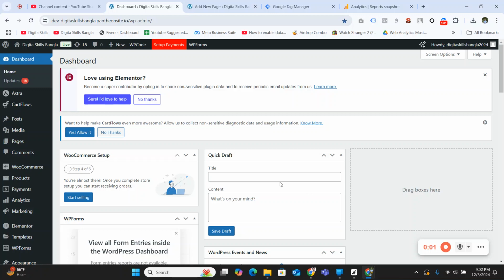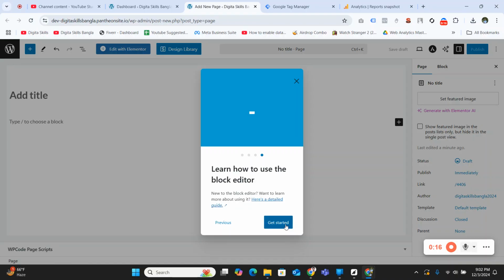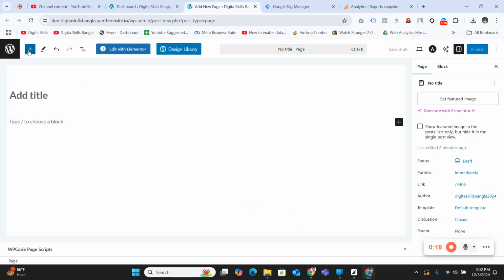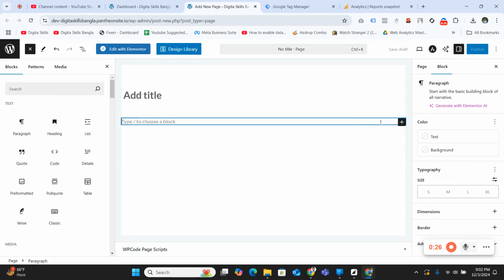How to use the WordPress Gutenberg default button in the WordPress panel. So click on Pages, then click on Add New Page. From your new page, you can either click on the plus button to see all of your Gutenberg blocks here, and if you also see